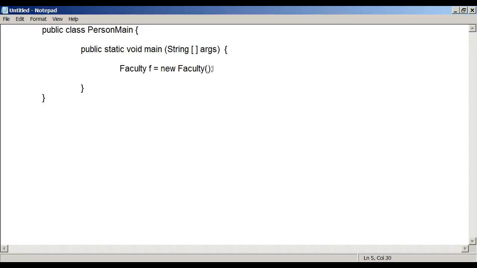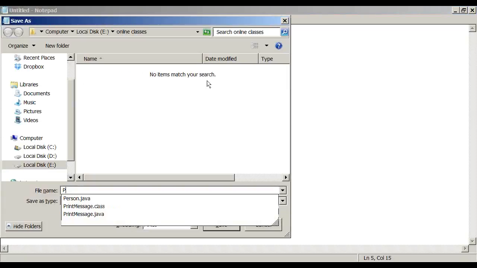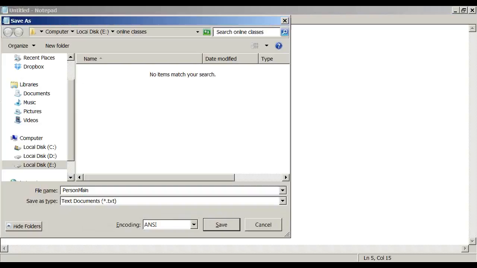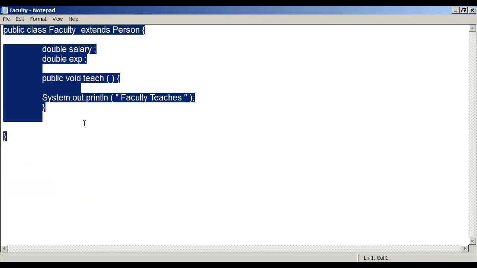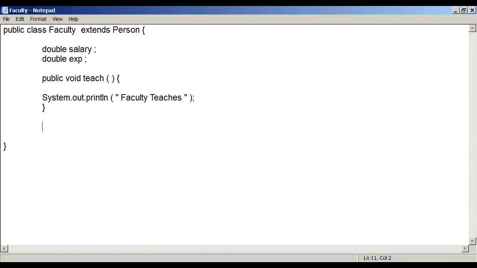Now what will this faculty have here, right? This object will have all fields of faculty along with the common fields from Person. This is PersonMain.java, right? Now this will have default values, right? So let me add some method to get the faculty values. So getFaculty details, public void getFaculty. I would just like to print what the faculty object is containing,